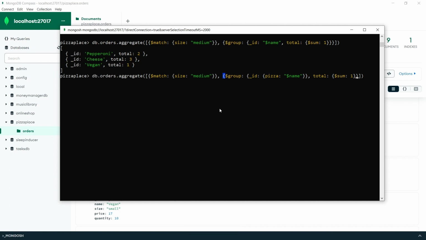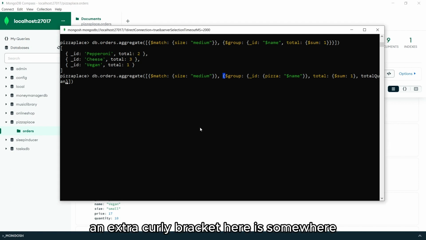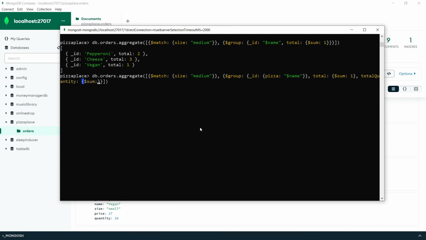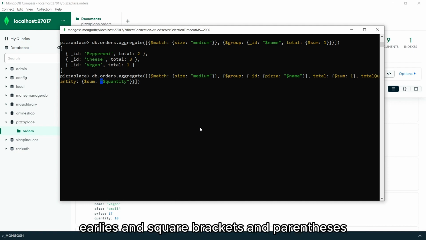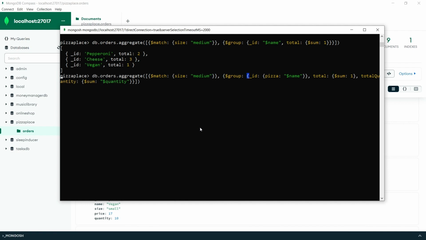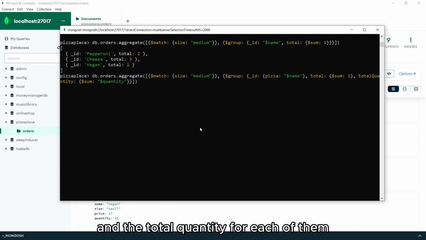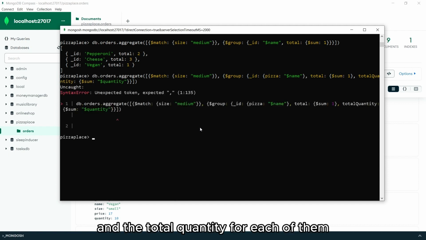We have an extra curly bracket here somewhere. Let's look at that. Let's check that again. It could be very confusing sometimes with all of these curlies and square brackets and parentheses. So let's make sure that that is correct. There you go. We now have the total orders and the total quantity for each of them, for each of